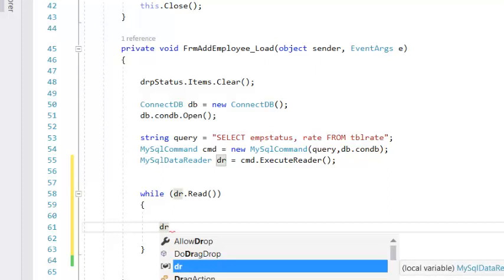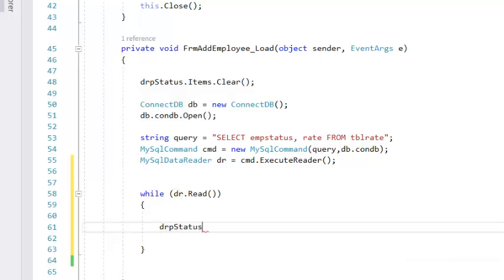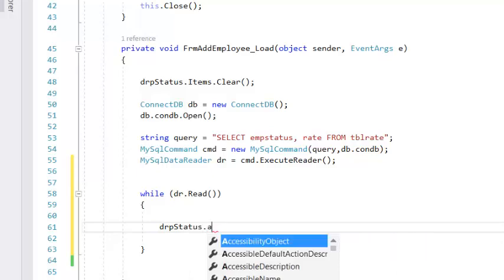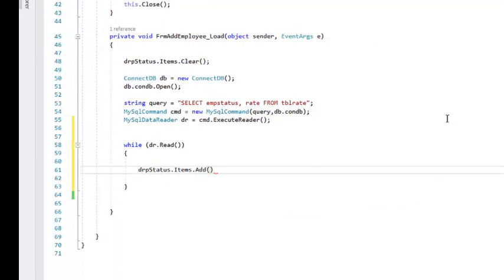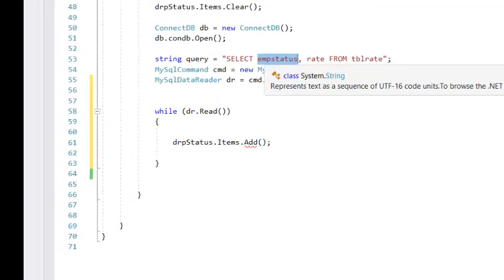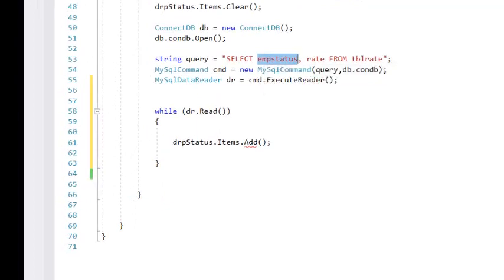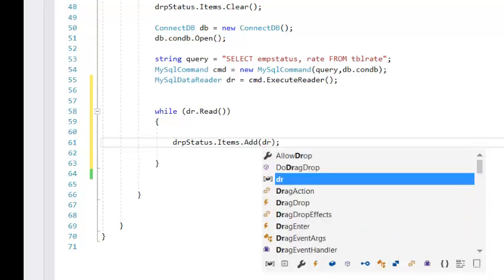i-add natin sa ating drop status combo box, items.Add. Okay, ating add dito yung laman ng imp status. Okay, so nandito na ngayon sa ating yung data reader. So para ma-access yung data ng imp status dito sa data reader natin, so we will just command dr.GetString,